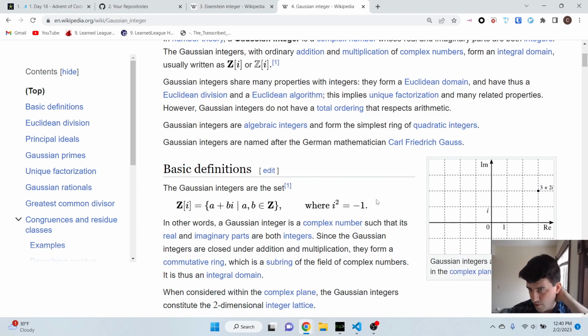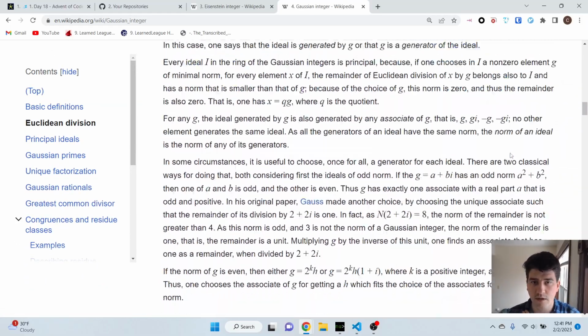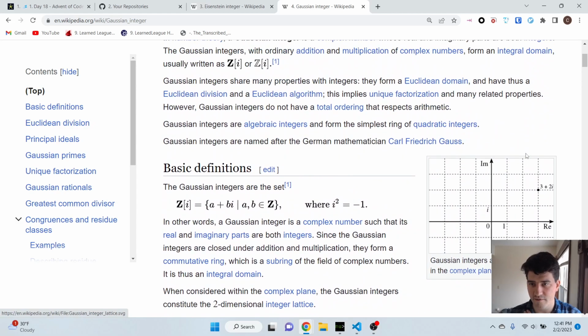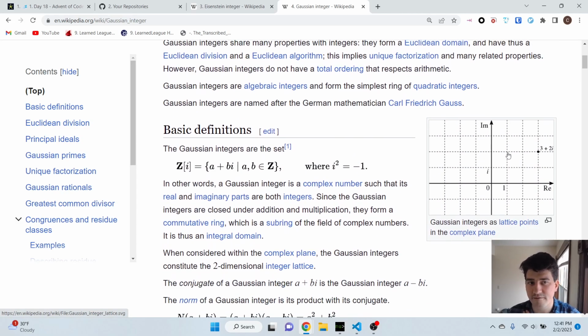So if you remember, complex numbers are on the real versus imaginary plane. So 3 plus 2i would be out here. But in general, you can have any real values as the a and the b in a complex number. So you can have 2 plus pi i if you want, right? Pi is not an integer. Well, the Gaussian integers are the complex numbers with integral coordinates. So they form a square lattice, right? If you take all of them, they're all of the corners of the square lattice of the 1x1 grid centered on the origin in the complex plane.